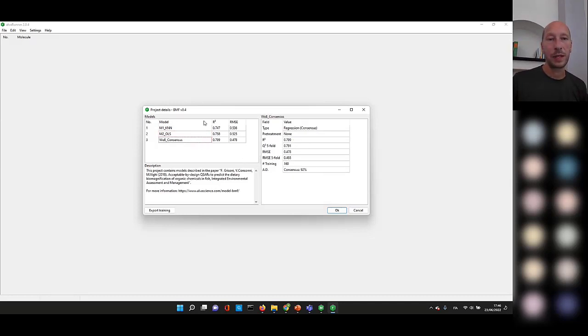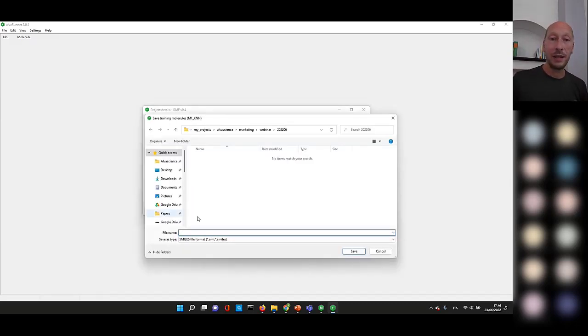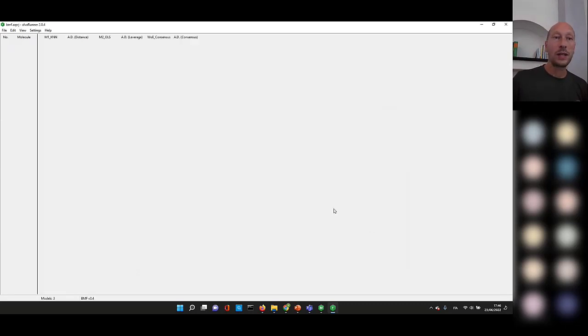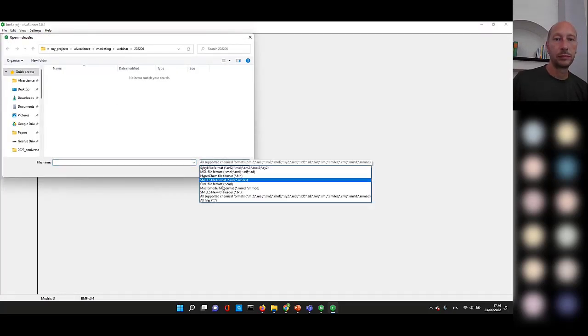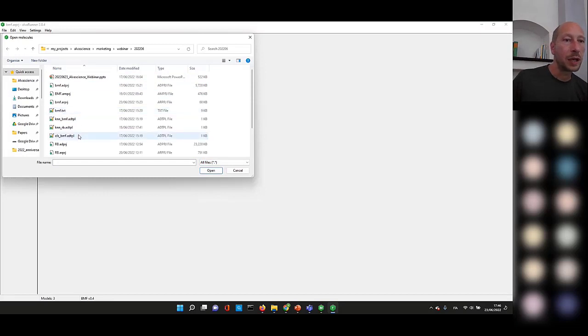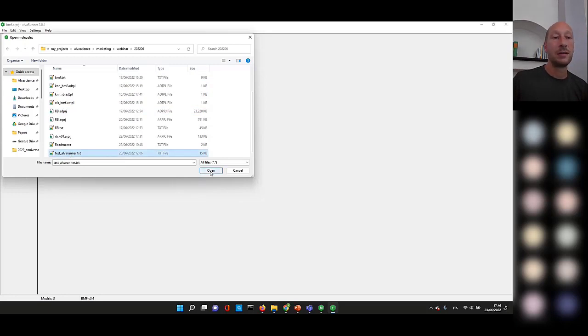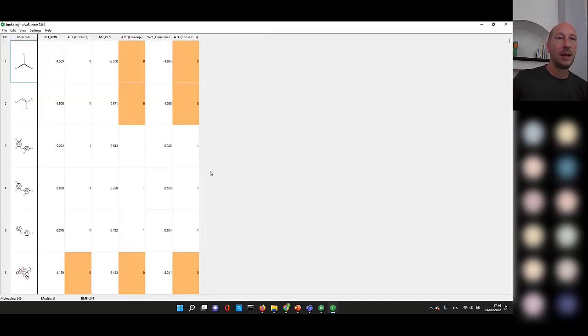This is a consensus model and its performances. We can also save the training set as a SMILES file or SMILES file with header. Once we have imported our model, we can just open or drag a molecule file on AlvaRunner. In this case, we don't want to use the BMF file because it is the original training set. So this is a SMILES file. We just need to open the SMILES file, and all the descriptors are calculated and all the models are applied